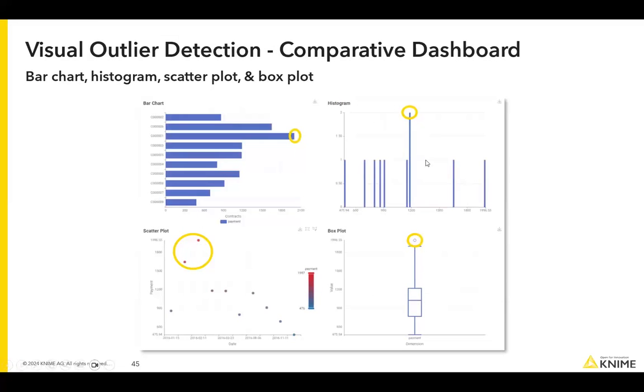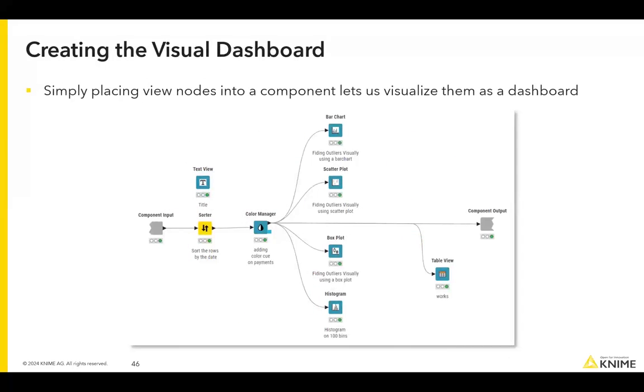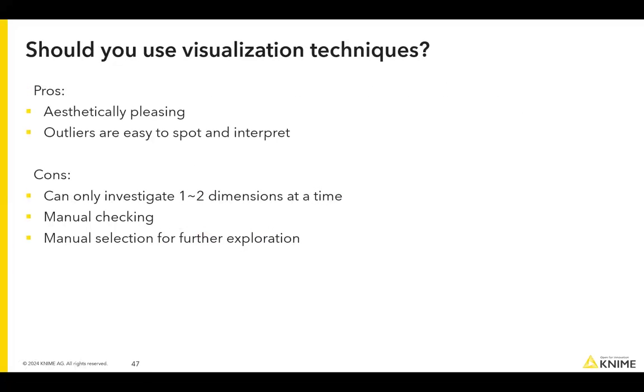Of course, you don't have to use just 1 visualization. Actually, you can build multiple visualizations to see better whether your assumption about outliers is true. And in KNIME Analytics Platform, you can build a dashboard with multiple visualizations by creating a component. If you don't know how to do that, we'll have a look together. You just need to build the visualization separately and then wrap them into a component and then see the visualization that combines these multiple visualizations. Okay, so